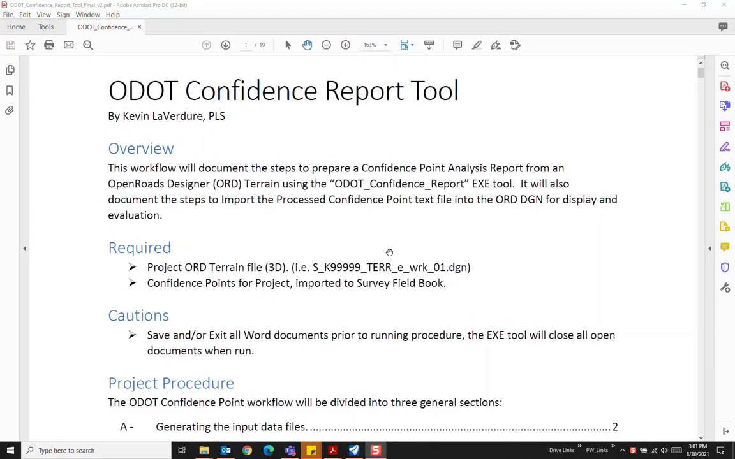This is Kevin Lavadier with Geometronics, and today's video is going to be about using the Confidence Report tool. We're going to follow the steps in the PDF workflow document, which should be titled ODOT Confidence Report Tool. And before we get started,